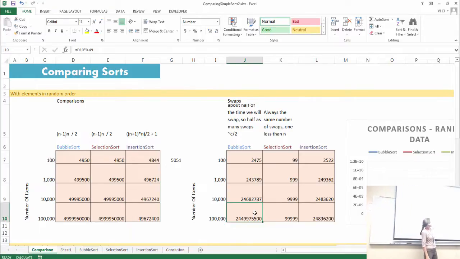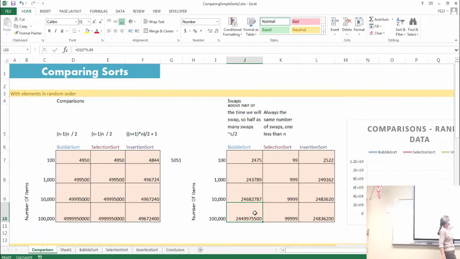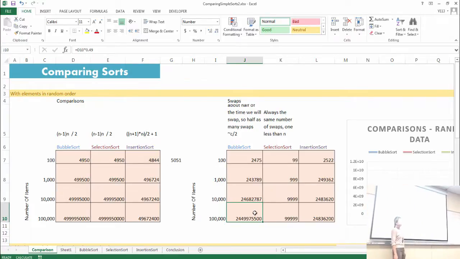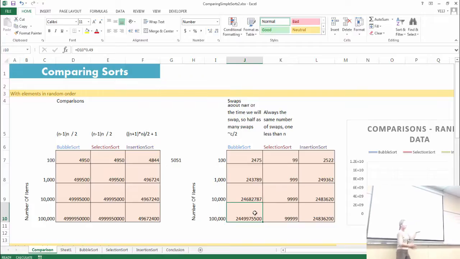And then for your selection sort, how many swaps are you going to have? Because he was in the outer for loop, he swaps outer for loop number of times. How many times did the outer for loop happen? N times. So he happens very close to n times. It's n minus 1. And then for your insertion sort, he does the swap in the while loop, so about half of the number of times, but sometimes the while loop doesn't happen.